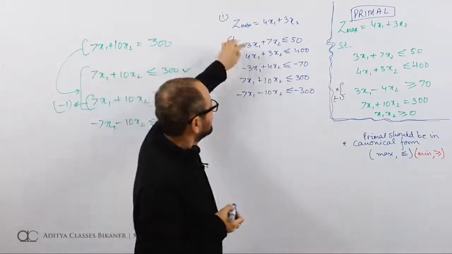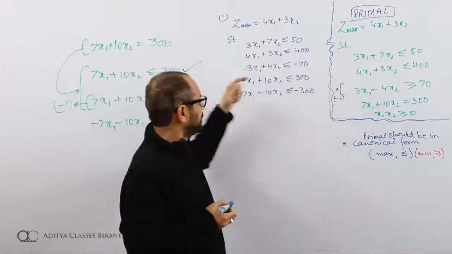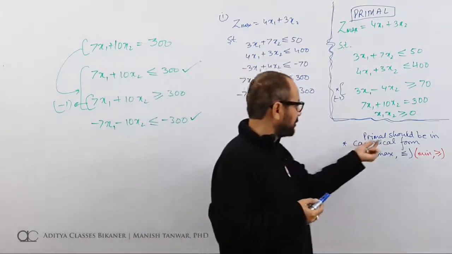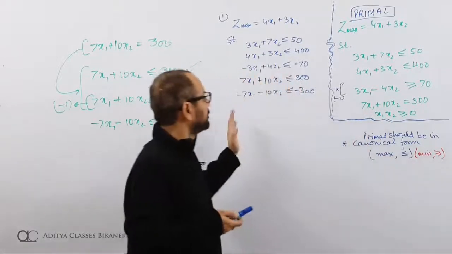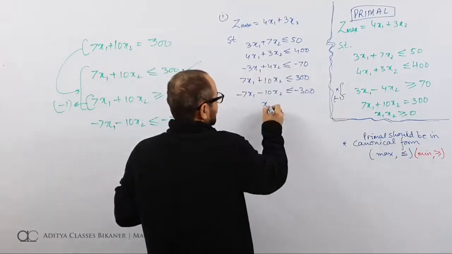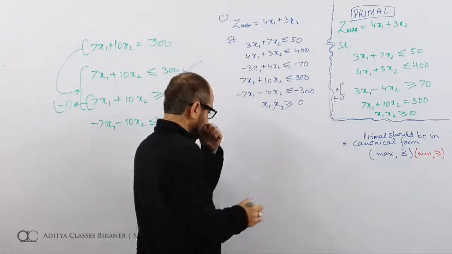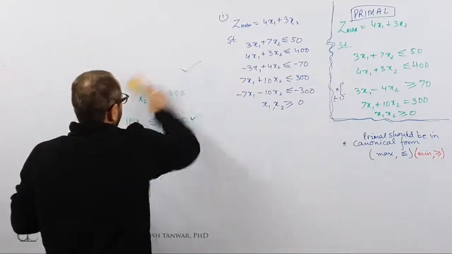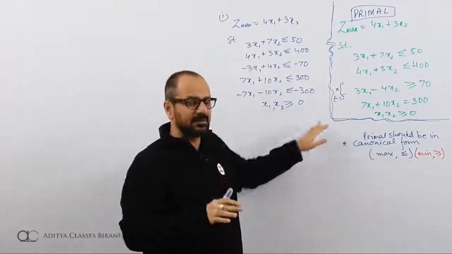So if we see, this is my first constraint, second constraint, third constraint, and the fourth and fifth are coming out of the fourth constraint. This is the conversion of whatever form is given into proper canonical form. This is canonical form: max with everything less than. And of course, this physical constraint still stands valid: x1 and x2 should be greater than or equal to 0. So with these steps, I have converted my given problem into canonical form.